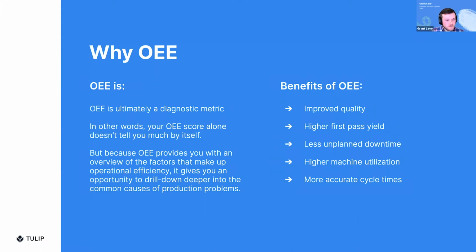So hopefully that makes sense. Again, if there are any questions, feel free to post them in the Q&A box. But ultimately, OEE provides you an overview of the factors that make up efficiency, and it presents a really strong opportunity to drill down for these secondary reasons. The benefits of being able to not only identify OEE but also have this contextual data in place can ultimately lead to improved quality, higher first pass yield, less unplanned downtime, higher machine utilization, more accurate cycle times,